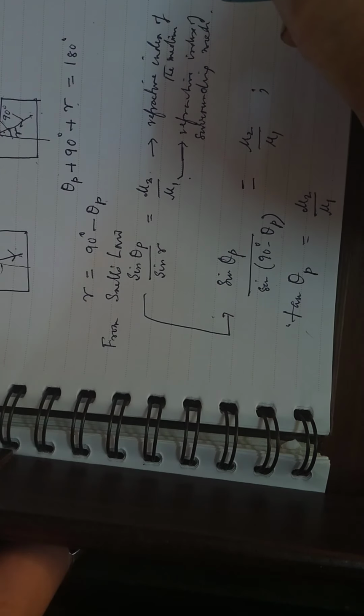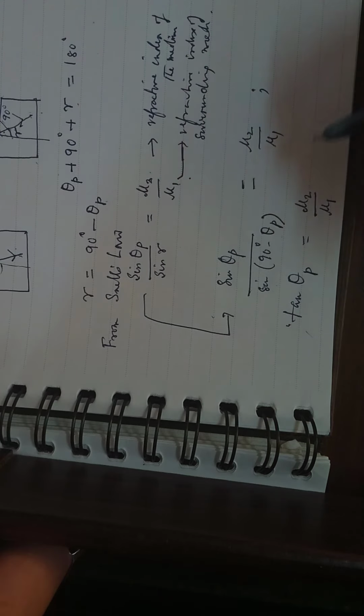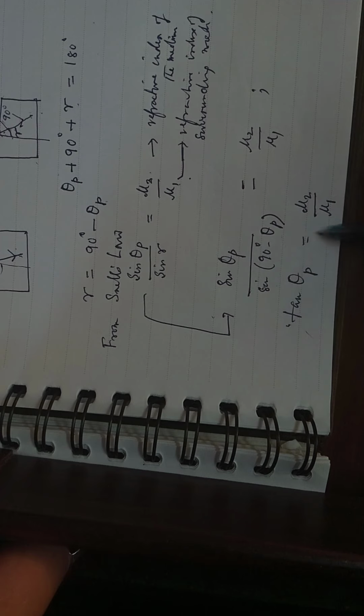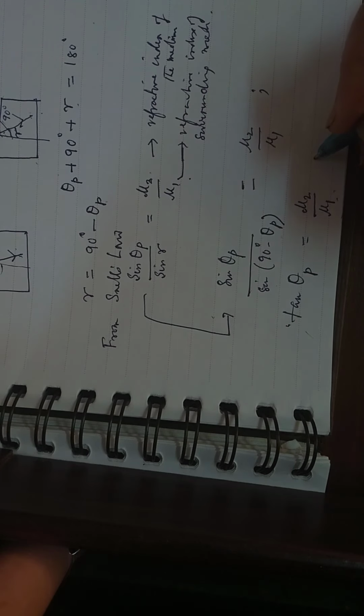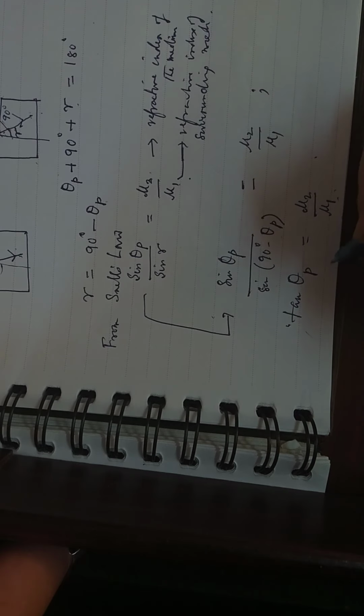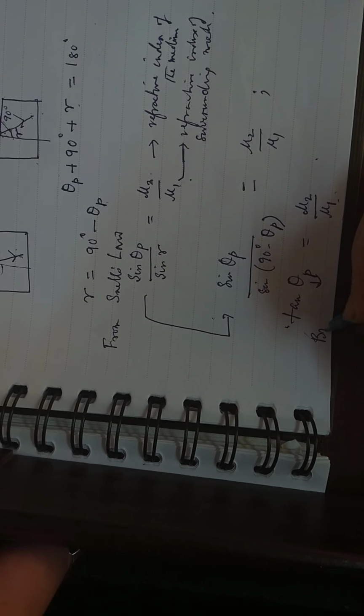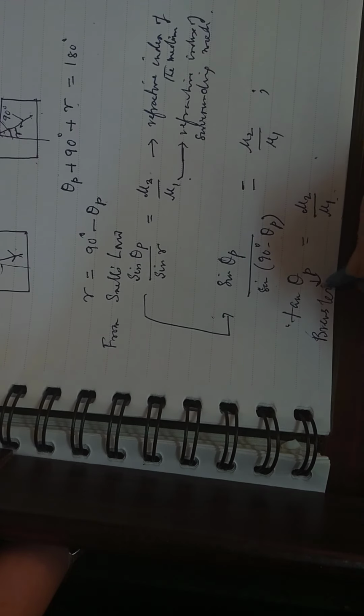So this equation shows that the polarizing angle depends on the refractive index of the reflecting surface, isn't it? If tan of theta p is equal to mu2 by mu1, and mu1 is air, then it is 1, so the polarizing angle theta p depends on the refractive index of the reflecting surface. So this is Brewster's law, and this was proved rigorously later from Maxwell's equations. And the polarizing angle theta p is also called Brewster's angle.